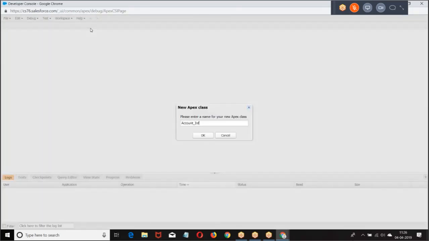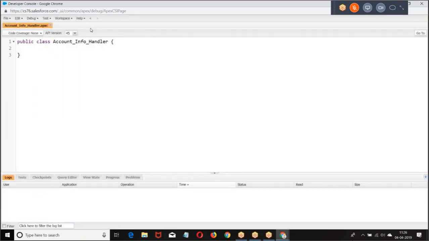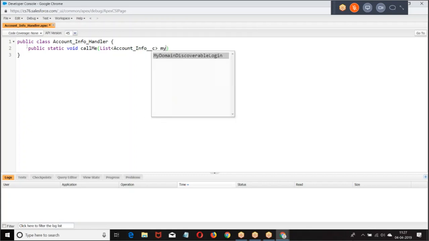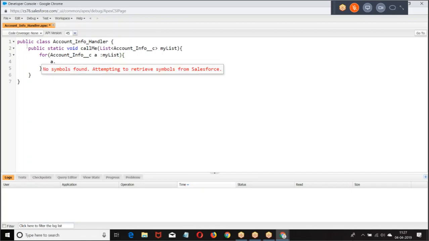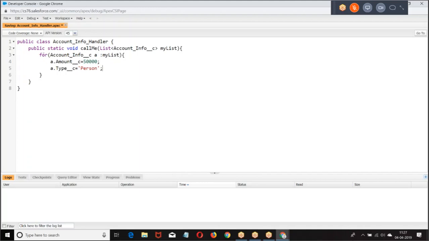Class. Public static void for account info. Type equal to.